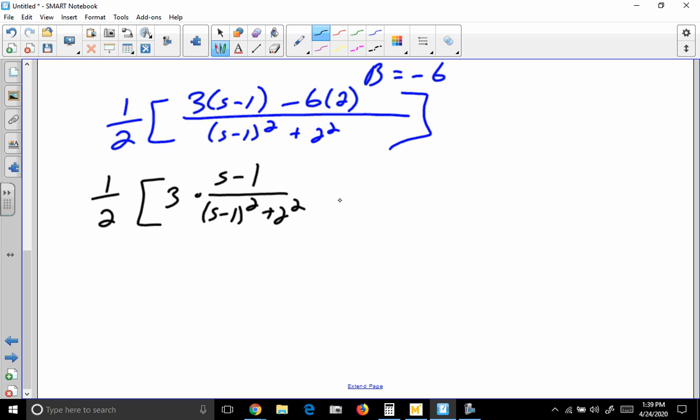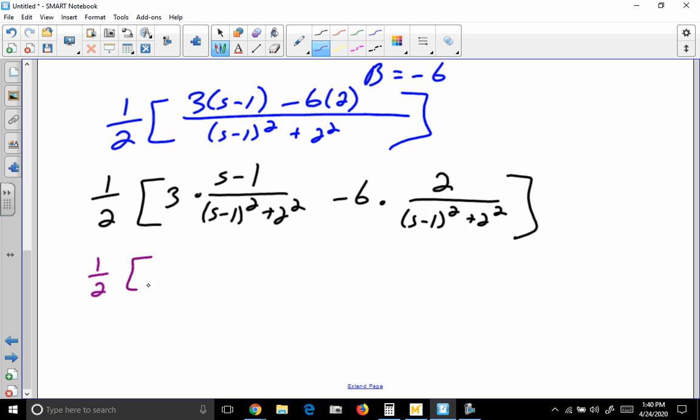For the second one, we can pull the minus 6 out front, and we can call that 2 over s minus 1 squared plus 2 squared. So each of these can be transformed now. We have a 1/2 out front. For the first one, we have 3 times